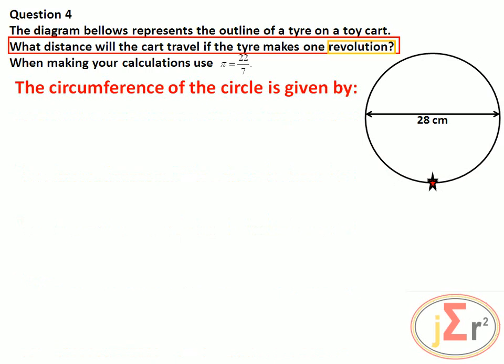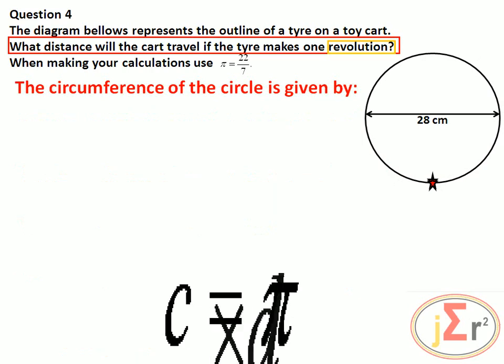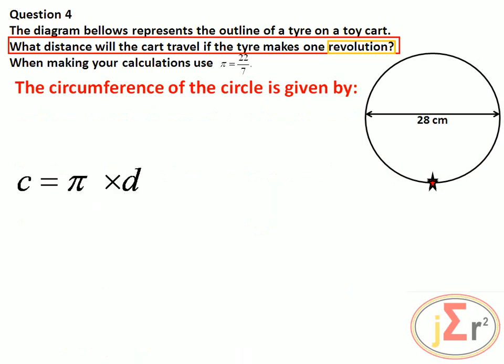The circumference of the circle is given by C is equal to pi times D, D for diameter. Pi is given to us as 22/7. C, the circumference, is equal to pi times the diameter, and pi is given to us as 22/7, and we have the diameter right there,